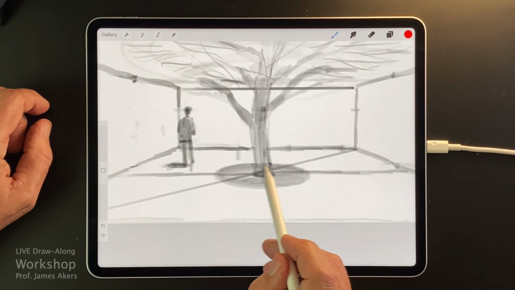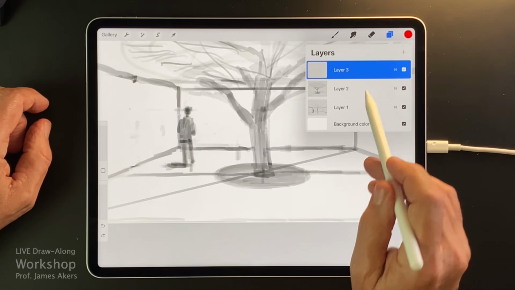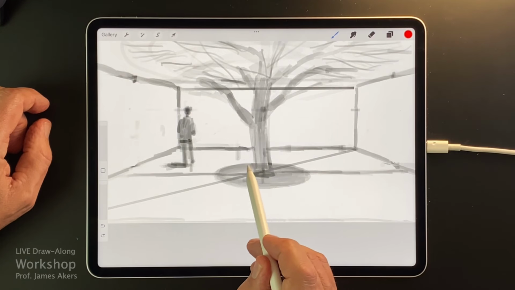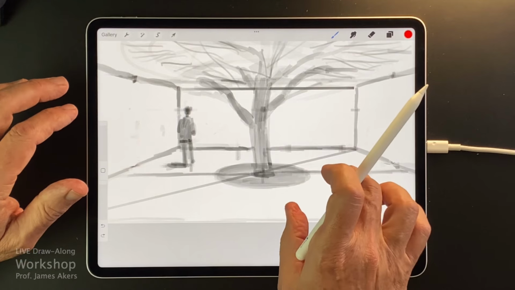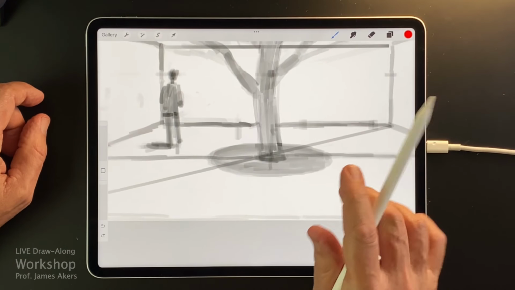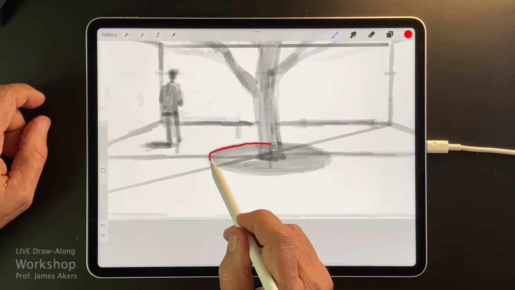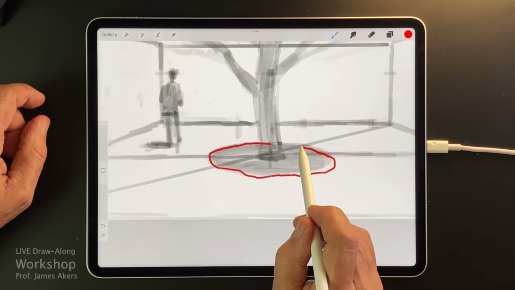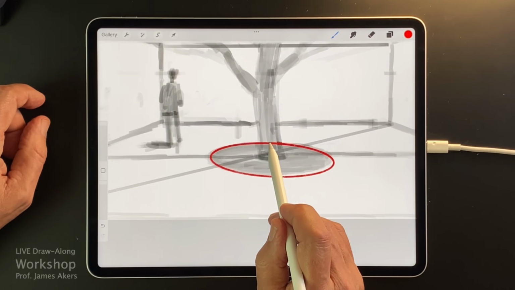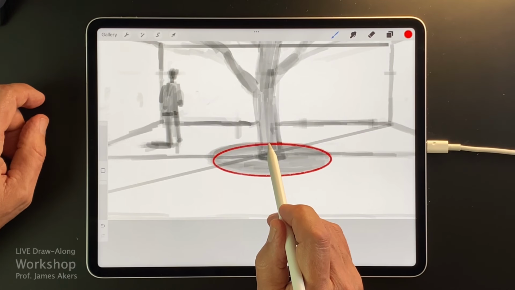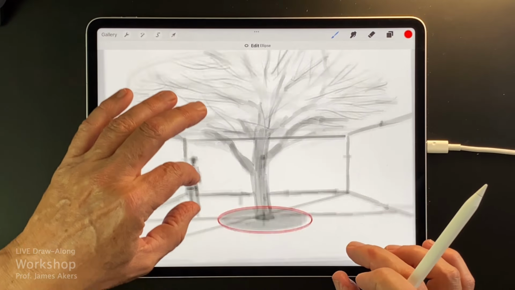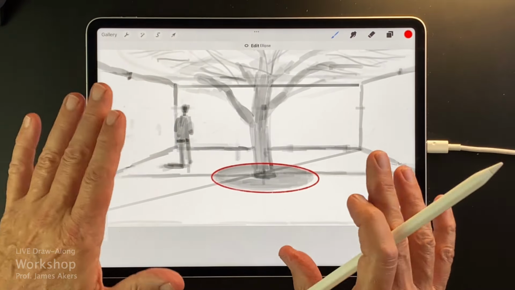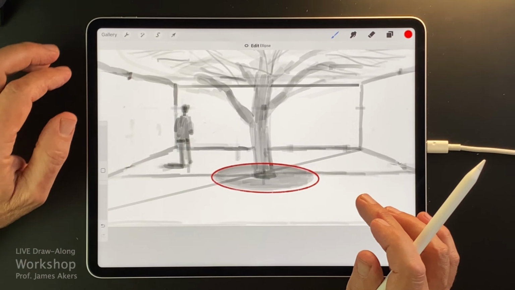So where that could come in handy, and remember I'm on a different layer just to demonstrate this, is I could get some approximation of this circle, and I may not be very confident that it works, but if I come back over here, and even if I'm shaking all over the place and blocky, as long as I get back here and stop my pencil, then I get this wonderful ellipse that I can play with, and I can release that at some point, and again go back to just my experience and my sensibility and say, does that look right? Yeah, I guess so.